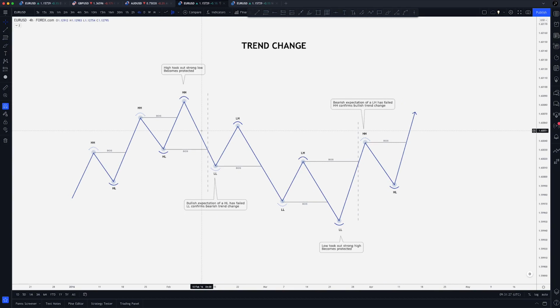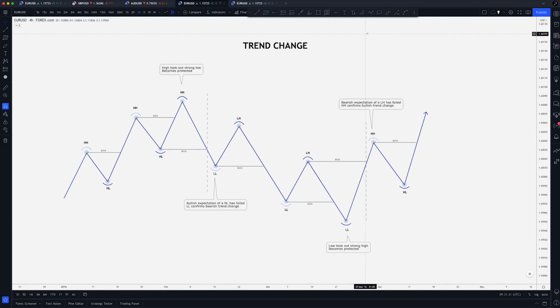So trend changes. Obviously, bullish market doesn't last forever. Bearish market doesn't last forever. Well, especially in Forex, maybe if you trade crypto or the stocks, it's just bullish forever. But yeah, anyway, so we have a bullish market. Price is making higher highs and higher lows. Now, at this point here, right, this low in theory is a strong low because it did what? It took out that high and it made a higher high. So it did its job. But at some point, what's going to happen is price is going to break that low and it's going to go on to